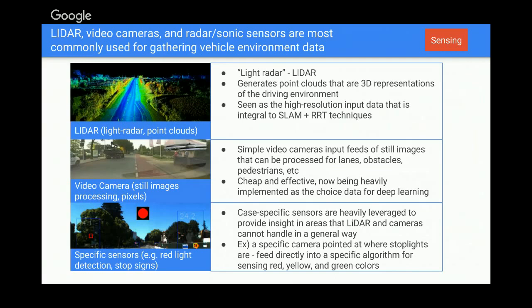One of the other popular ones that people are using is video cameras, just because it's simple. You can use a phone camera with great video input, very cheap, and feed still images that can be processed. That's something a lot of companies are now turning toward, because the sensor is one of the limiting factors in the vehicle right now. People are trying to come up with clever workarounds and ways to utilize more existing technology like video cameras. And like we said, again, specific sensors are something people are using to augment the two above, the LiDAR and the video,